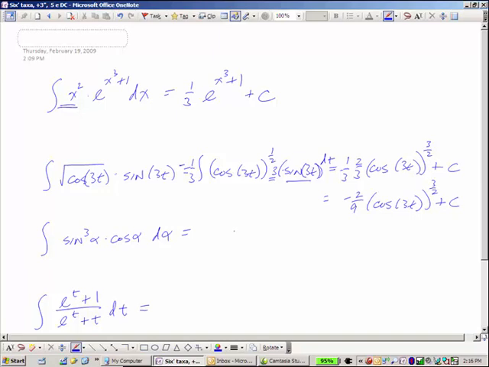Liz? But it'd be negative cos. Liz, are you okay with the fact that Gabby just swiped it from you? Are you sure? Oh, you said no? I didn't hear you, sorry. All right, Gabby. Negative cos, cosine squared cubed? No, cosine. Okay. And then times